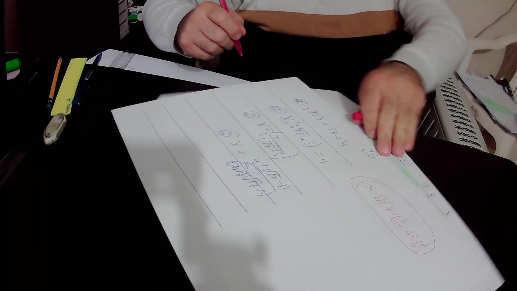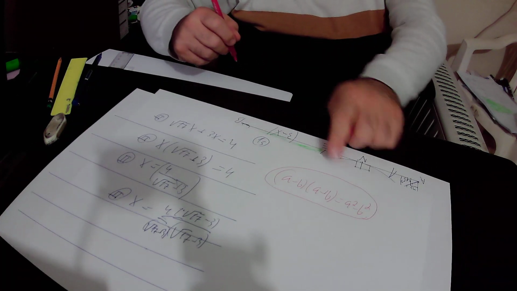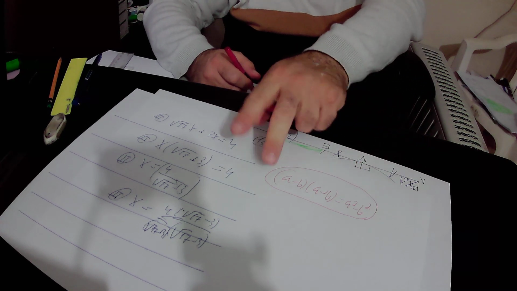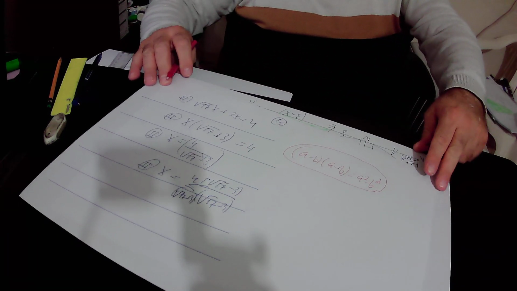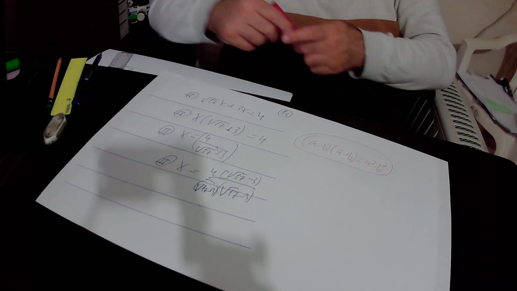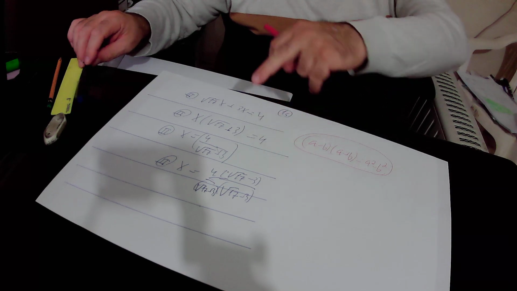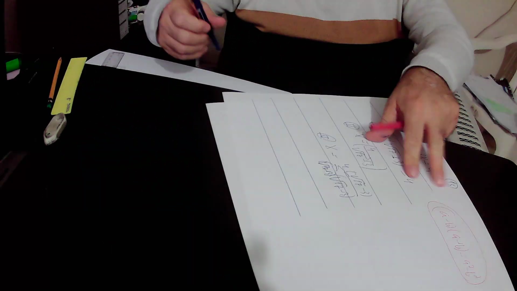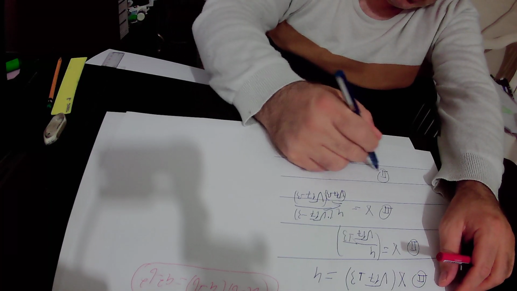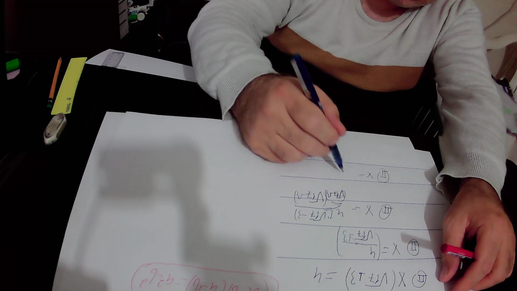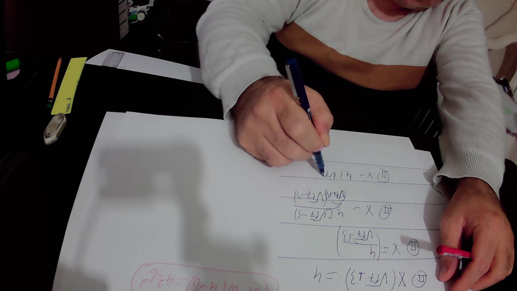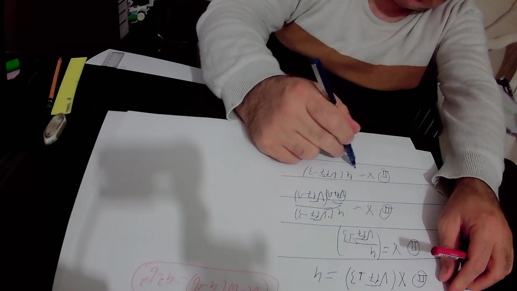We'll use this algebraic identity that (a minus b) times (a plus b) equals a square minus b square in order to find the value of the expression in the denominator, and we will get that x equals to 4 times (square root of 17 minus 3) divided by